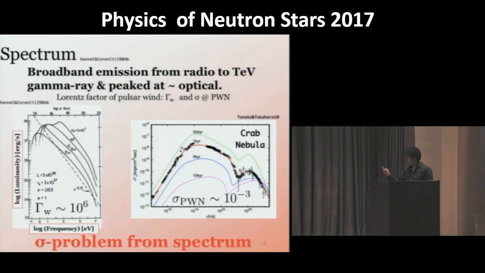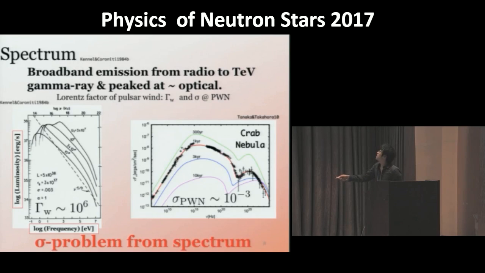In the second paper of Kennel and Coroniti, they consider the spectrum of the pulsar wind nebula. The pulsar wind nebula has broadband emission from radio to TeV, and the most important thing is the spectrum peak at optical wavelengths. To explain the peak at optical wavelengths, Kennel and Coroniti found that